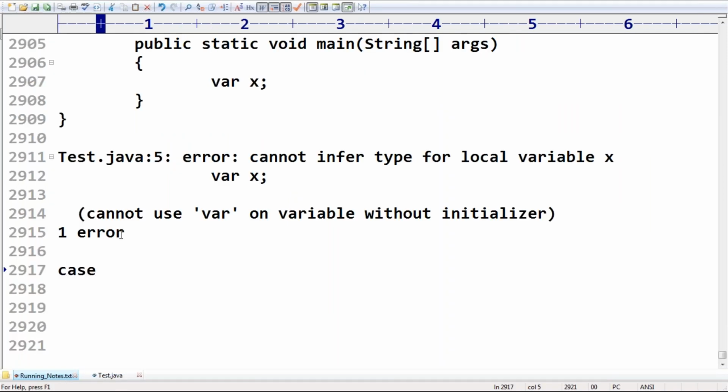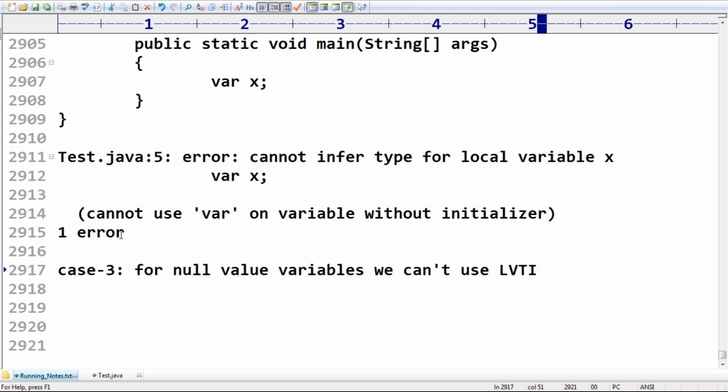For variables with null values, we can't use local variable type inference, or we can't use var.